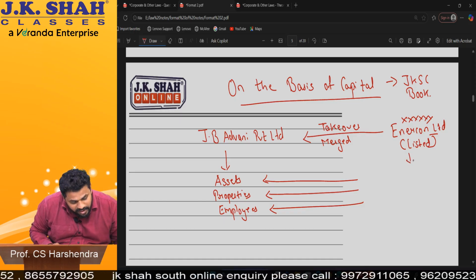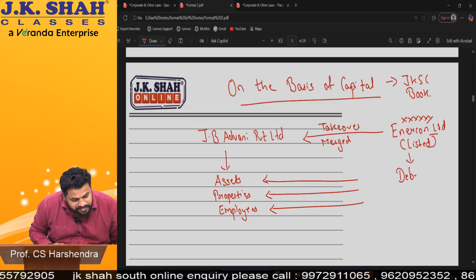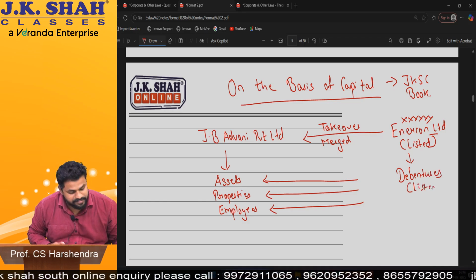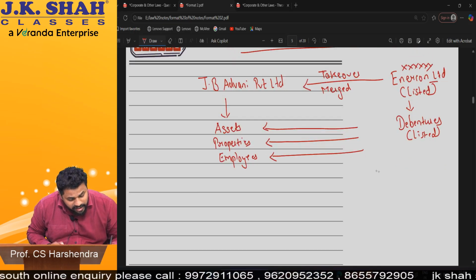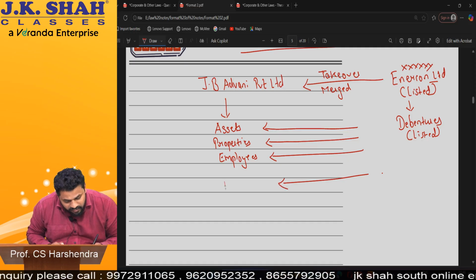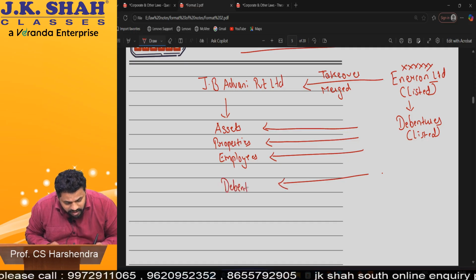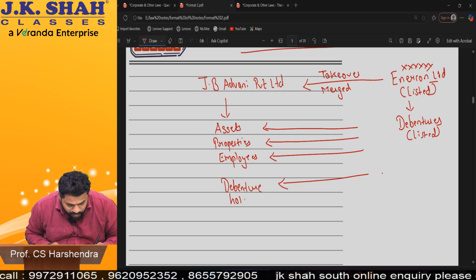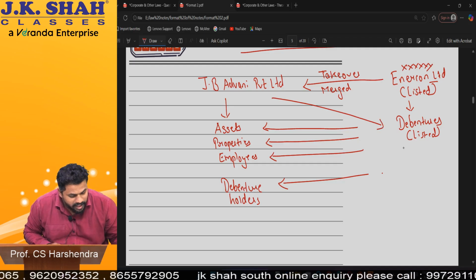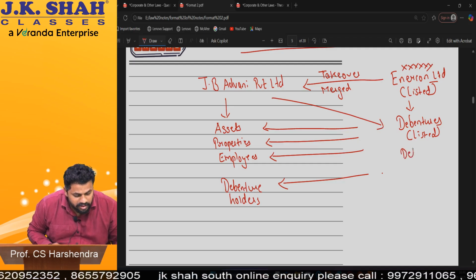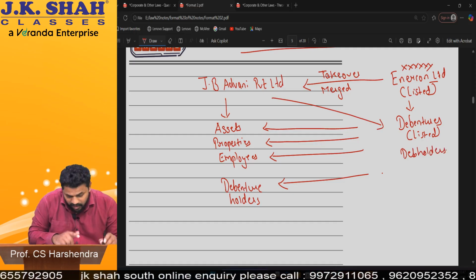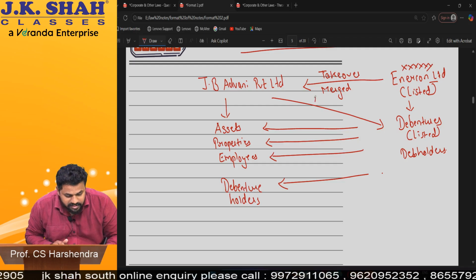But Enercon Limited had issued debentures, and these debentures were listed. Now all the debenture holders of Enercon will become debenture holders of which company beta? JB Advani. Obviously that means beta, now JB Advani has to issue debentures to the debenture holders of whom beta? Enercon Limited. Okay, and they had issued also. Now tell me, if these debentures